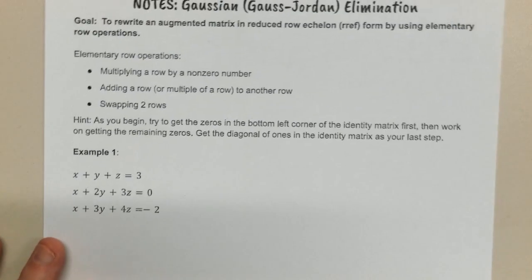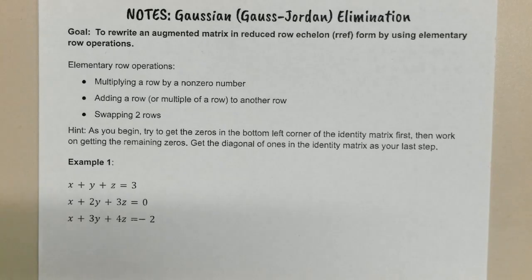All right, for Gaussian elimination, we're going to be doing the same thing we did earlier this week, except we don't have the steps given to us. We're going to have to come up with those steps or those commands on our own. So it says that our goal is to rewrite an augmented matrix in reduced row echelon form by using elementary